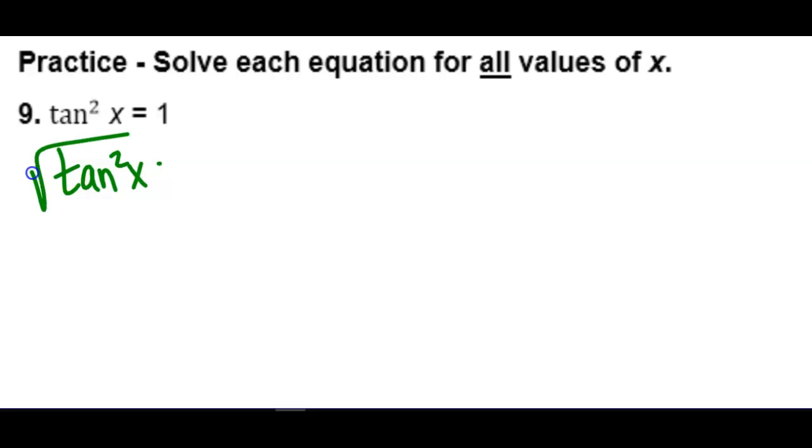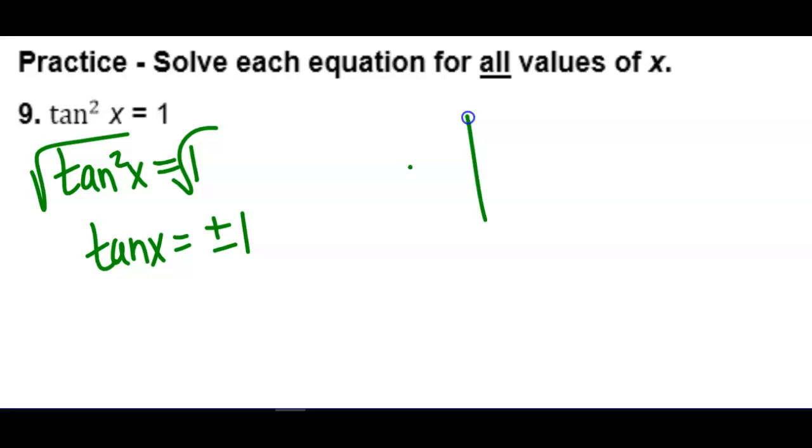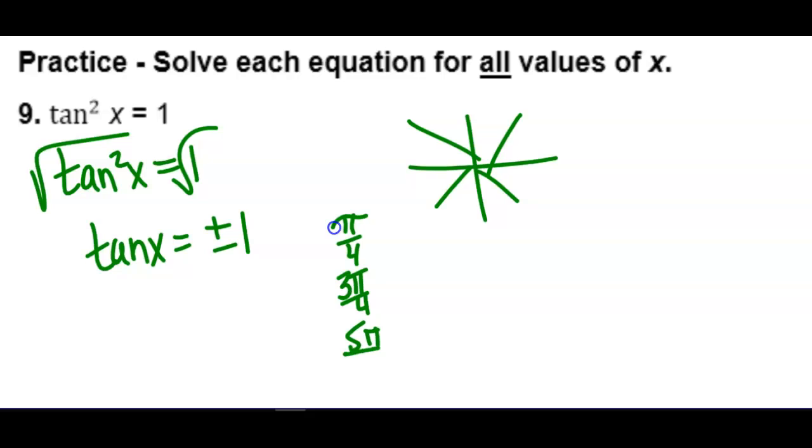You would square root both sides. So you'd have the tangent of x equals plus or minus 1. And that happens at all of those places where you have square root of 2 over 2's. It's either positive or negative 1 for the tangent. This wants all solutions. So you could list pi over 4, 3 pi over 4, 5 pi over 4, and